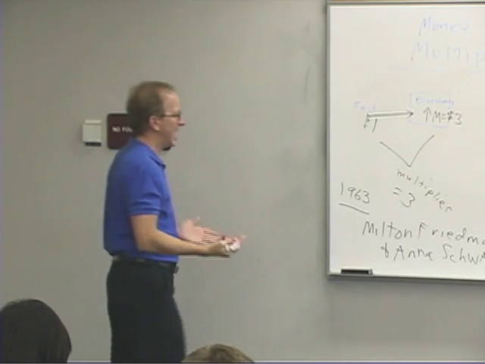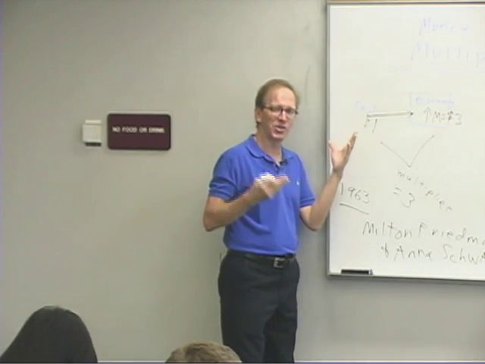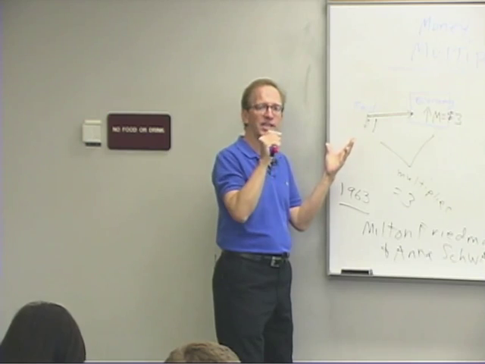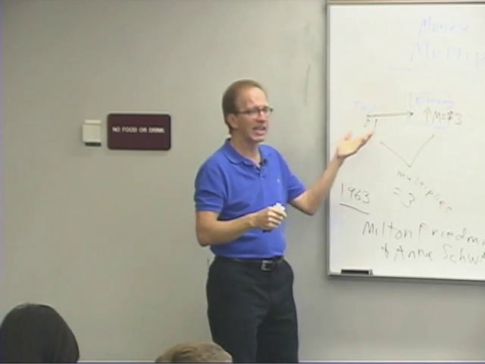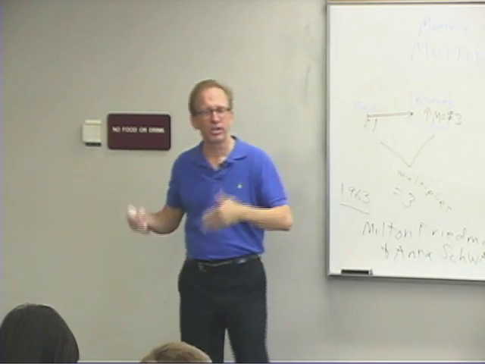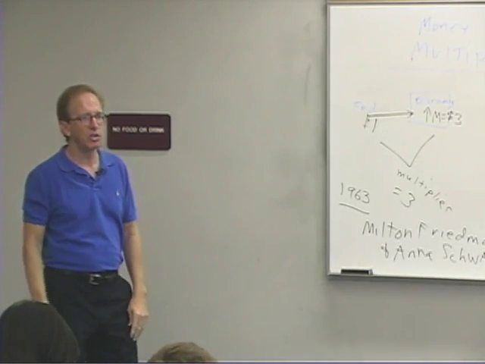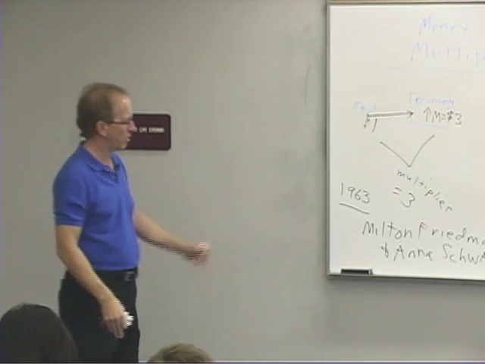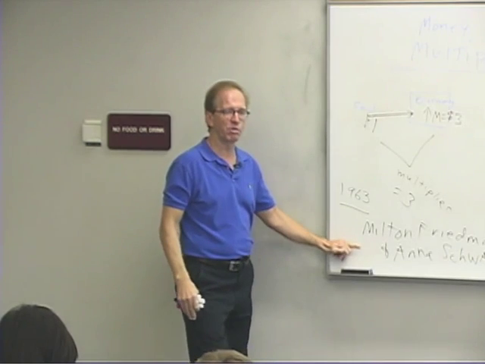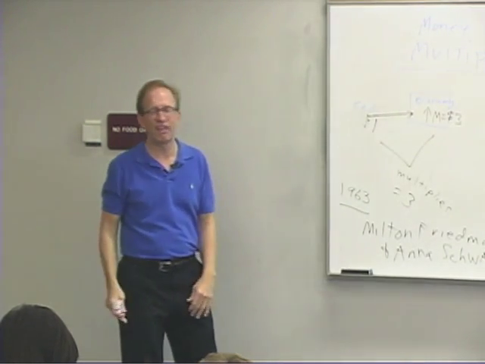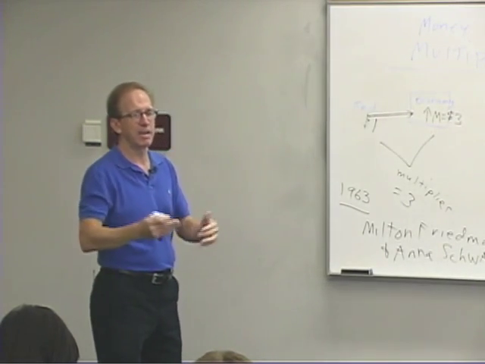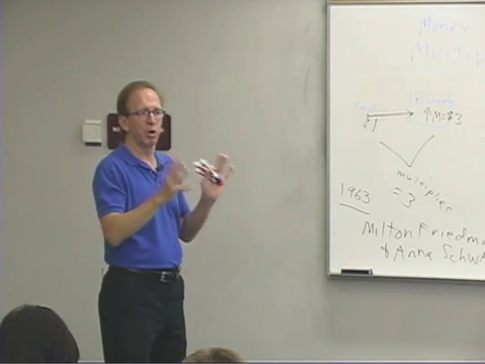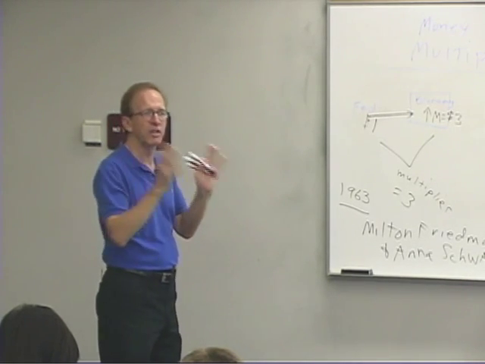And so it's at that point that you could say, oh, look at this. There's a certain amount of money being put into the economy by our monetary authorities, and yet the money supply is a multiple of that. How can that be? And then you'd start going to work and say, oh, I got the answer. Well, 1963 is when this book was published, and so what I'm saying to you is 5 years later, then the article came out that said, hey, here's the money multiplier, here's why it occurs, here's the formula for it,